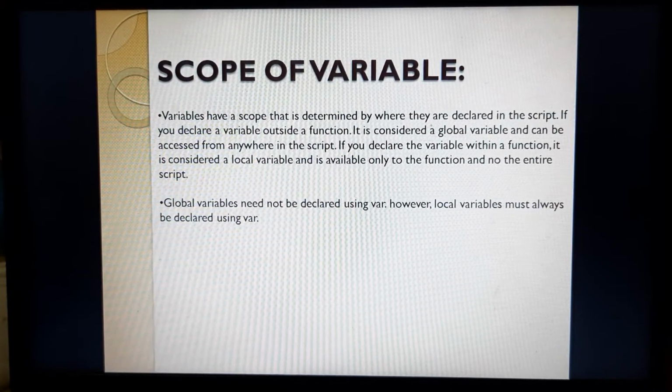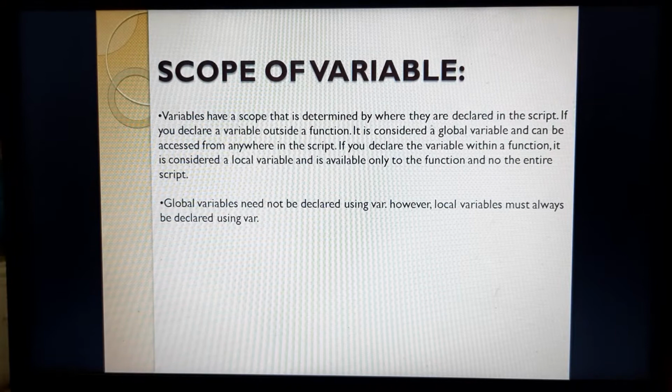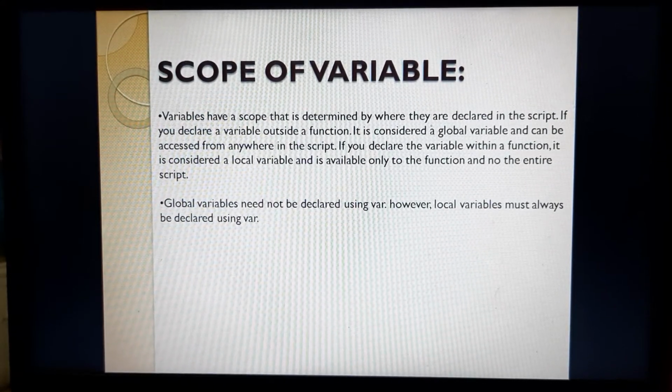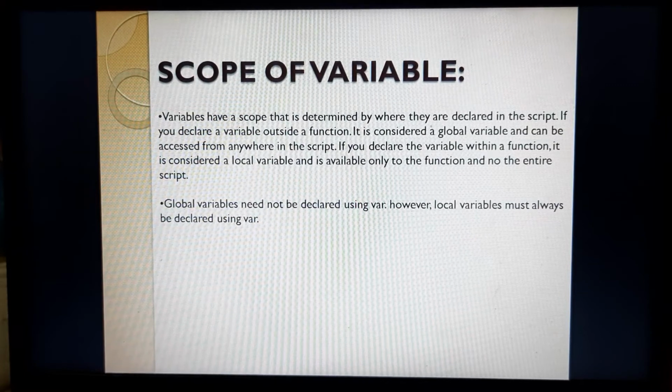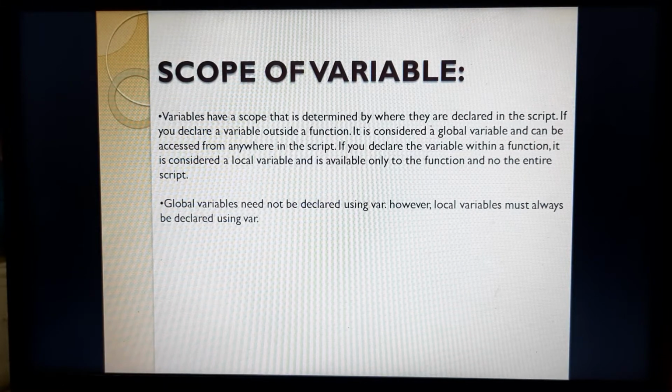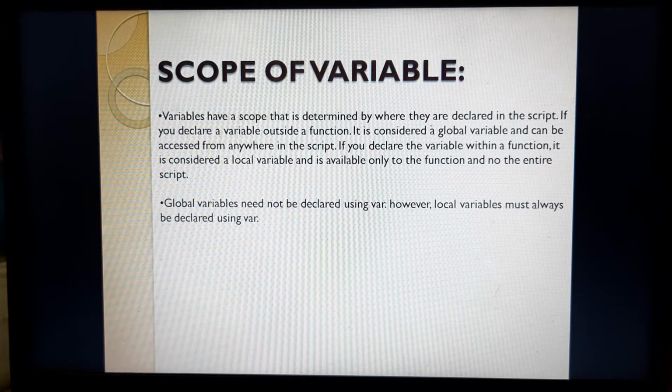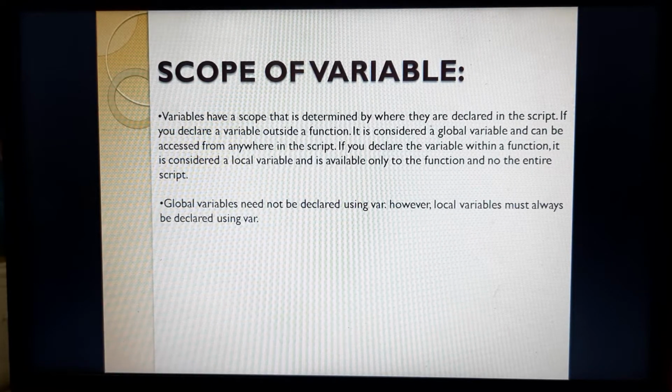The scope of the variable depends on where we actually declare it. The scope determines where it is declared in the script, in which function or in which block or in which division it is declared. So based on that, it is declared as either a local scope variable or a global scope variable.